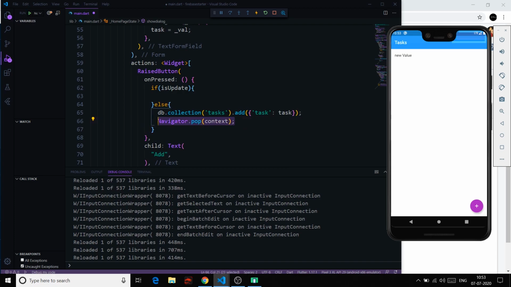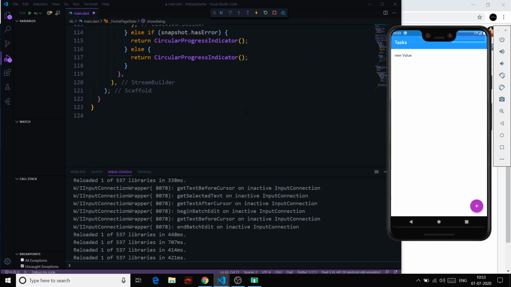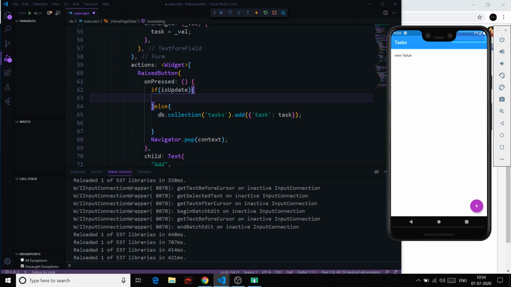I will also take this navigator.context out of this if else simple ladder. I will paste it here because in both the scenarios we have to pop it. So if this is an update, then okay, did I just delete everything? It's okay. So if it's update, all that I have to do again is I have to say ds